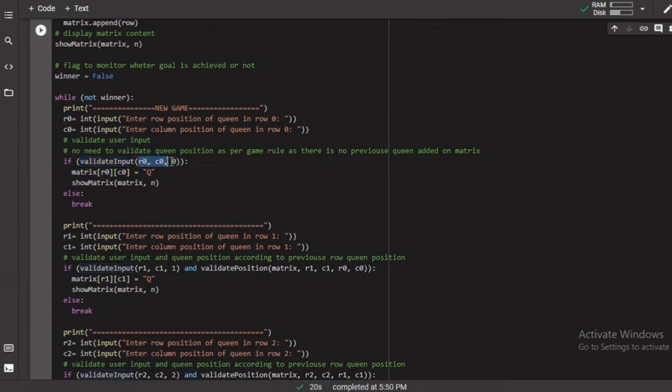For this we don't need to validate the queen position. As per the game rule, there is no previous queen added in the matrix, so this is row 0, and only the very first queen is added. So here we don't need to check the position of the current queen according to the previous queen.